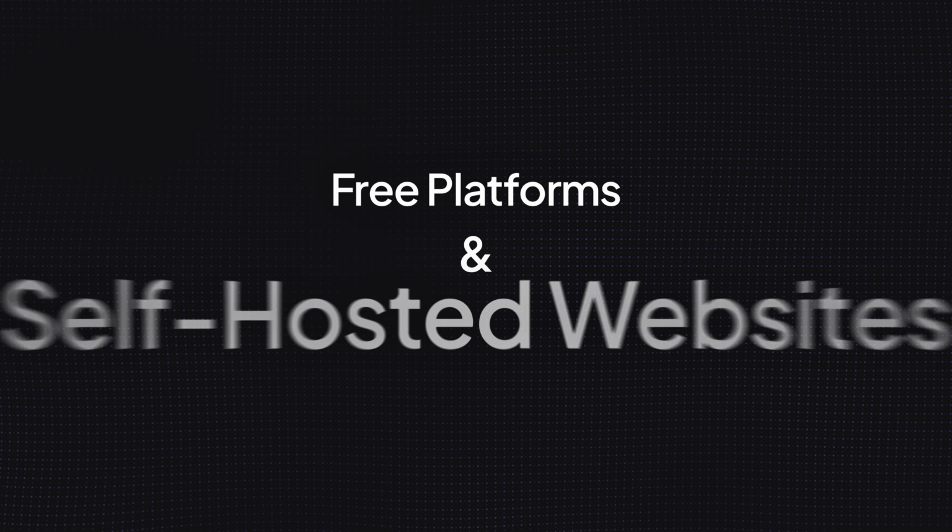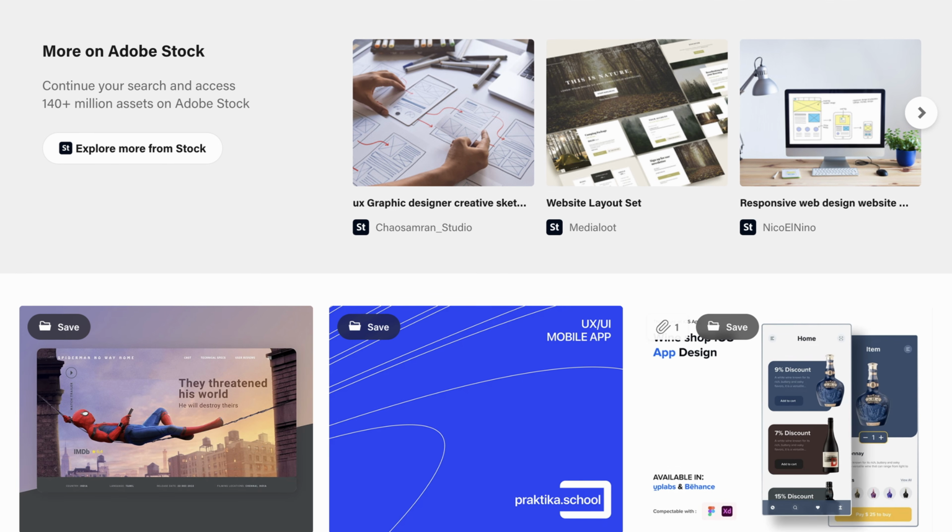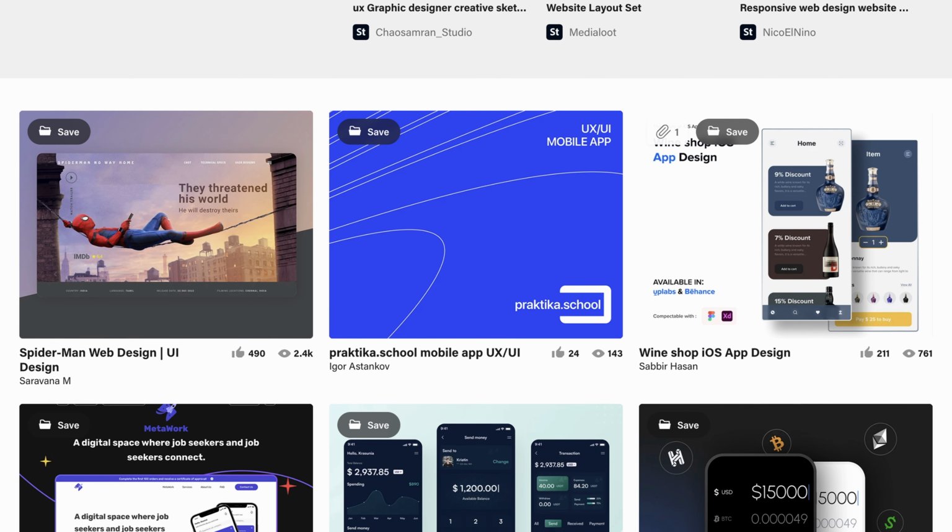Generally, there are two main ways to create a portfolio: free platforms and self-hosted websites. Let's begin with free platforms. There are many platforms that allow you to host your portfolio for free, but the most popular one is Behance. Behance is a great place to start showcasing your work and getting feedback, as it has a large audience and